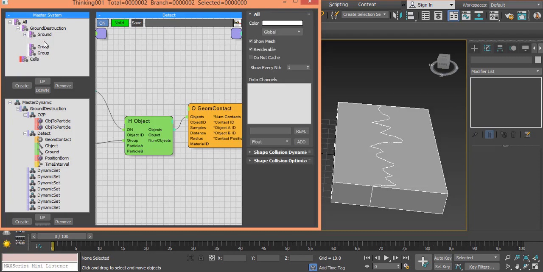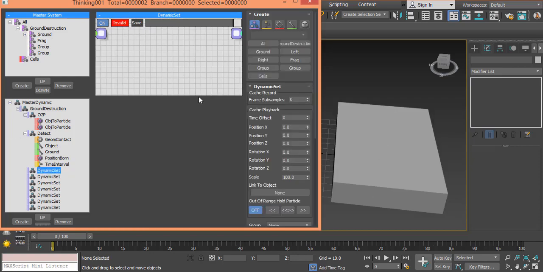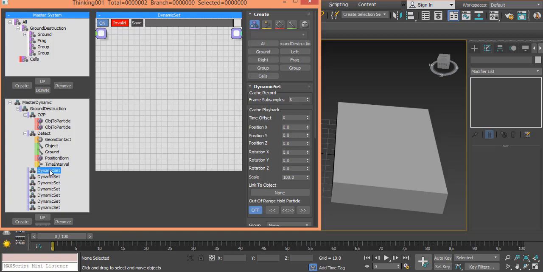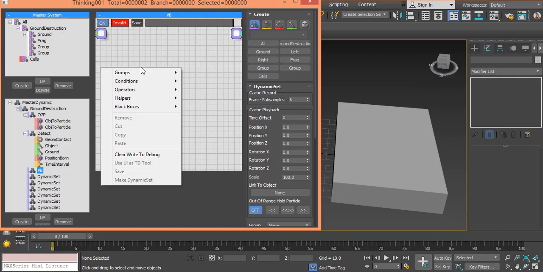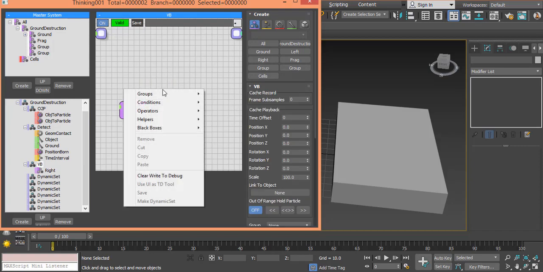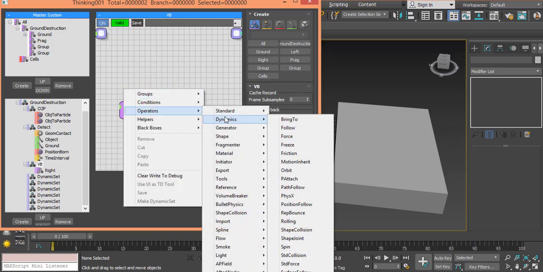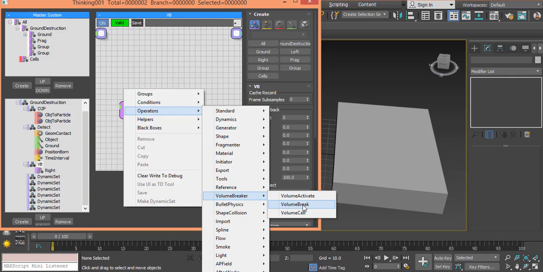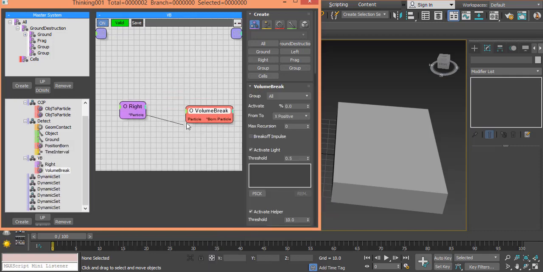Rename this group to frag. In next dynamic set, rename it to VB. Bring the right side group here and volume break operator. Connect particle to particles, send it to frag,